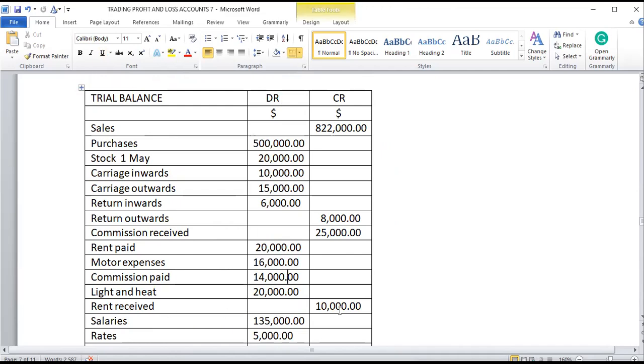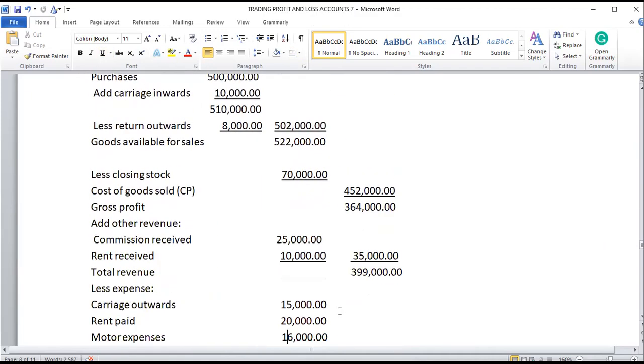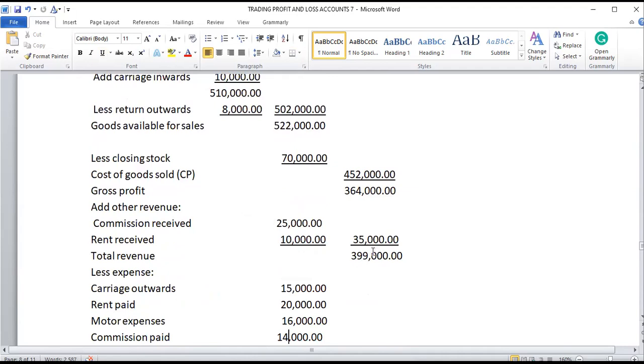Extra income that has been made. Both of them will be what? $35,000. They add it to our gross profit, $364,000. So this plus this, we get our total revenue of